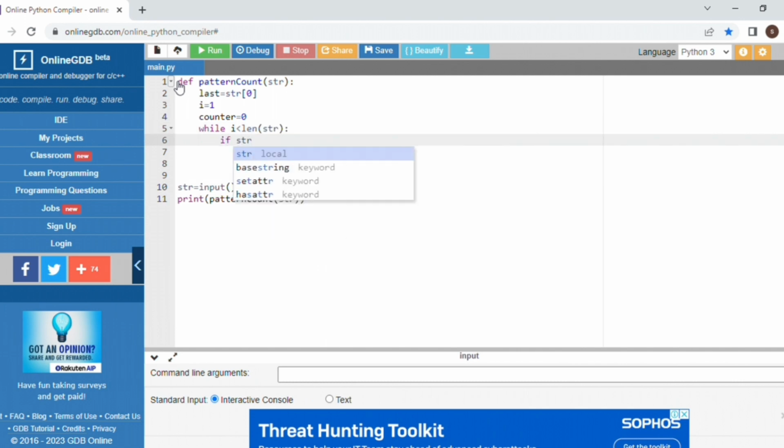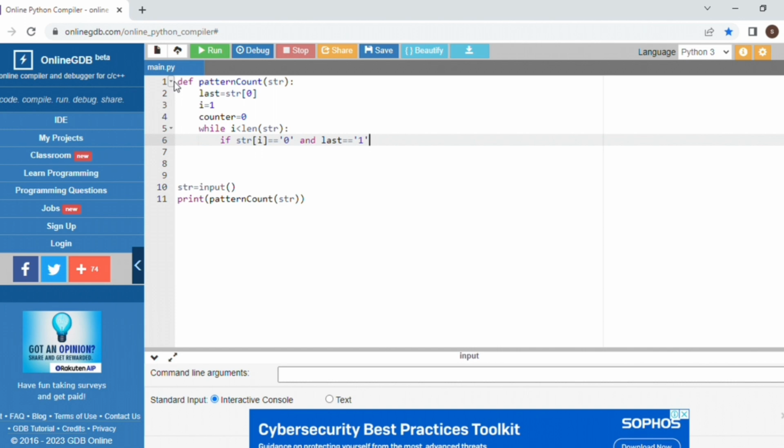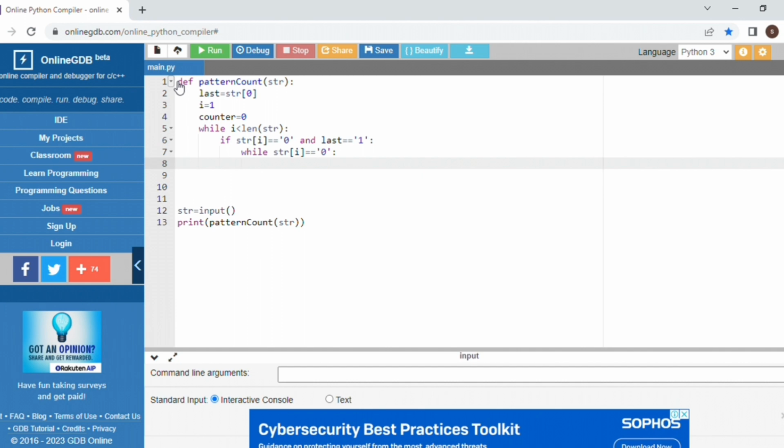Here I am checking whether the next character at the position of i is 0, and then I am checking whether the last variable contains 1, because we have to start with 1 and should contain 0 after that 1, and then again I am checking whether it is a 0 using the while loop. So string of i equals 0. If it is 0, then I will loop it again because there are a number of zeros present in the middle between 1 and 1. So I am incrementing the i value whenever it is 0.